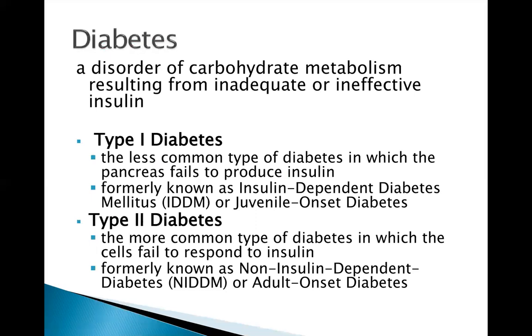In type 2 diabetes, the body does produce insulin, but our cells aren't very receptive to it, or our body doesn't produce enough insulin. And so usually oral medications are given to help treat type 2 diabetes. In some cases, type 2 diabetics will also need insulin if their own just simply isn't working well enough. And both types of diabetics can benefit from diet and exercise.